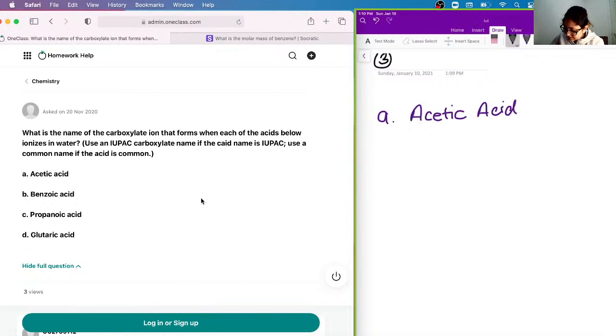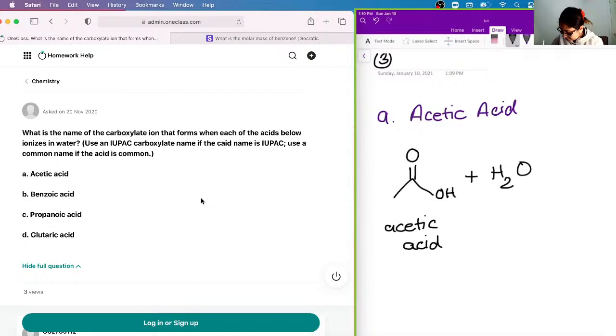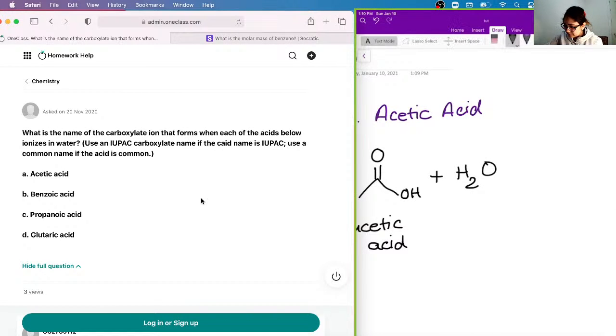And so acetic acid looks like this, and we're saying that this reacts in water. Once it ionizes in water, it will